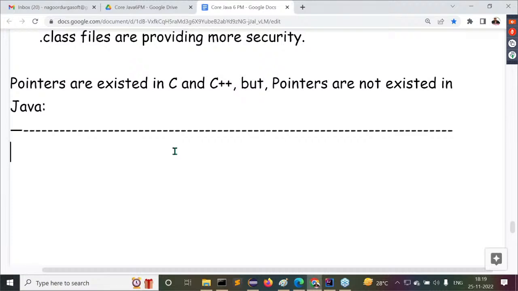Before understanding whether pointers exist or do not exist in C, C++, and Java, first of all, tell me what is a pointer? What exactly is the meaning of a pointer variable? What is the meaning of it? What is a pointer and what is the meaning of a pointer? These are the points we have to understand now. Right, all of you understand this clearly. Observe this clearly.